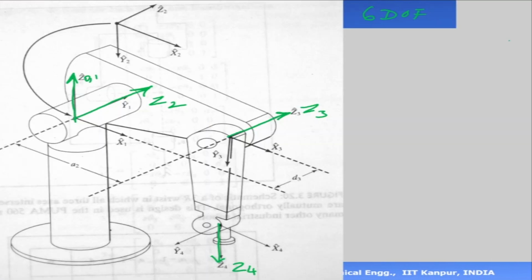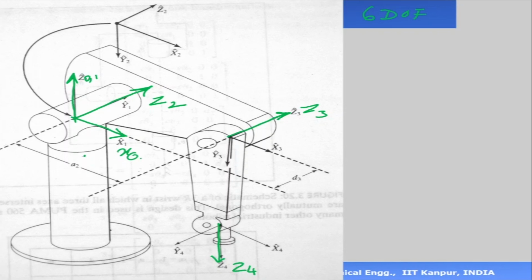This is also called the roll, pitch, yaw kind of wrist. The next thing that we do is we assign our x-axis. Now, please note that Z0 and Z1 are in the same direction. Z2 is the one which is orthogonal to Z1. So the Z2 and Z1 axes are intersecting at a point, and they have 90 degrees between them. So this means that for an intersecting z-axis, the x-axis has to be out of the plane containing the z's. So this is my x2. If this is my x2, I can also say this is my x1 and x0.